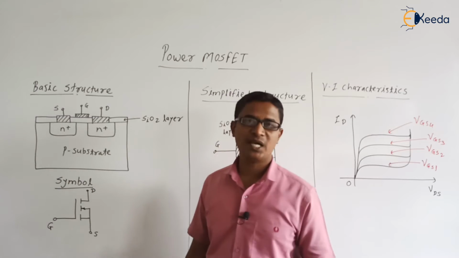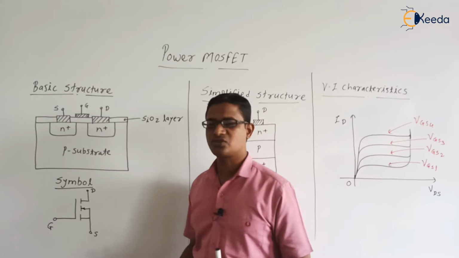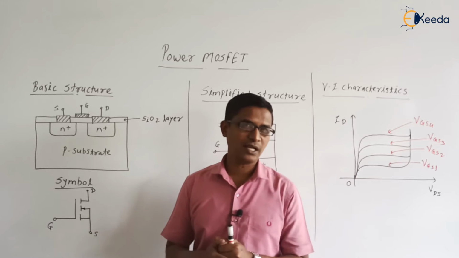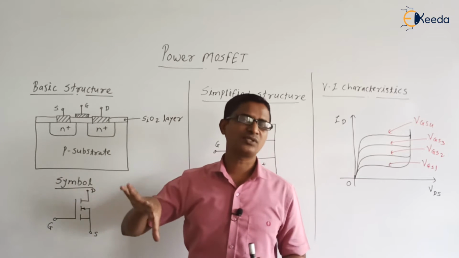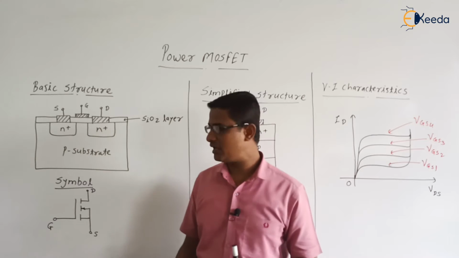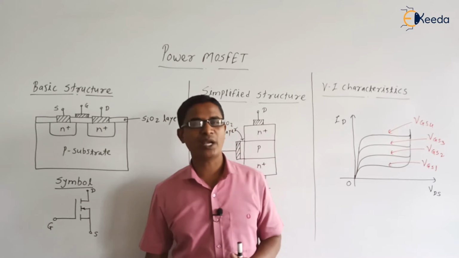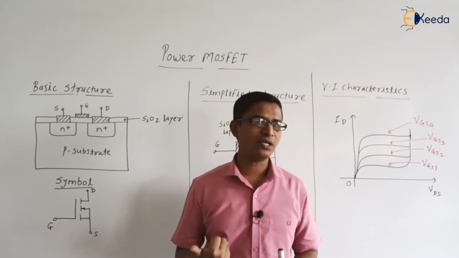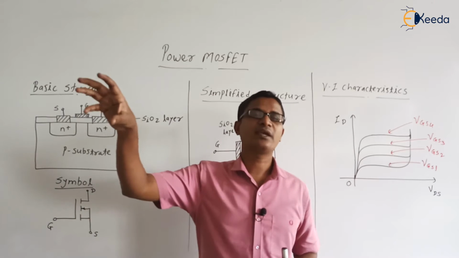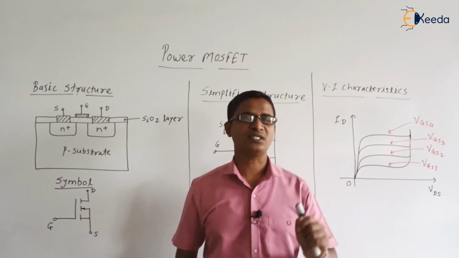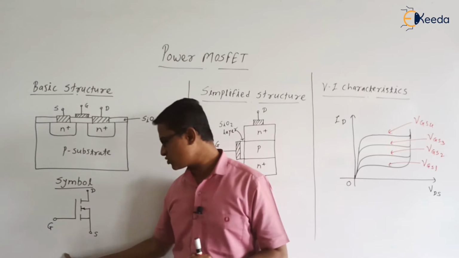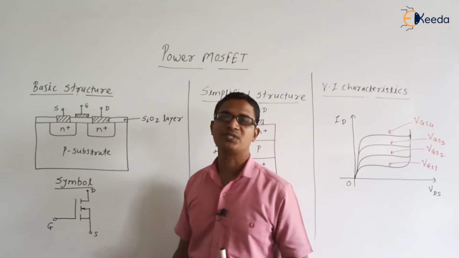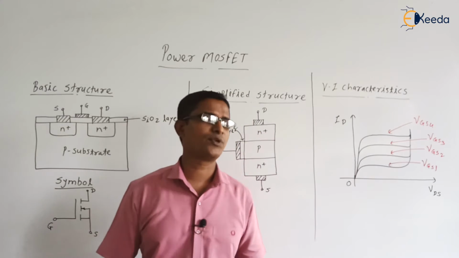Between drain and source we have the load circuitry, that is a high power, high current circuitry, similar to the anode cathode circuitry in the SCR. Between gate and source we have the controlling circuitry, similar to the gate and cathode circuitry of the SCR. So between gate and source we have the controlling circuitry, and between drain and source we have the high voltage, high power circuitry, that is the load circuitry, where the load will be connected.